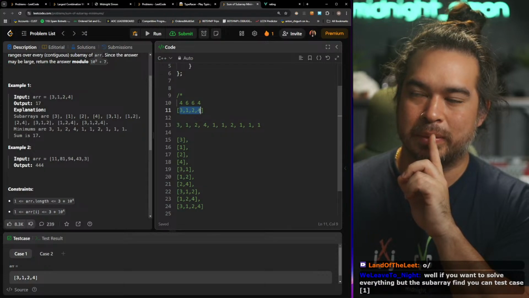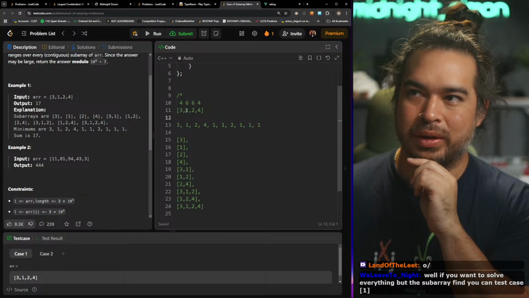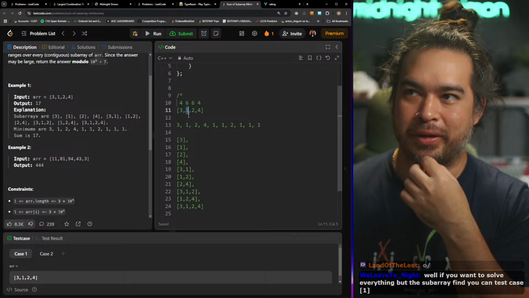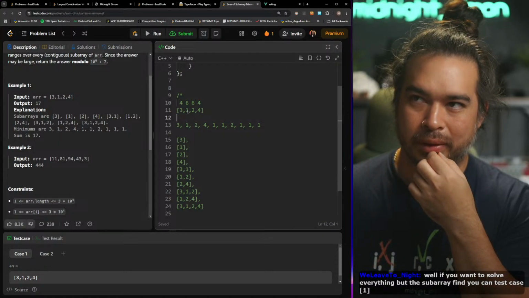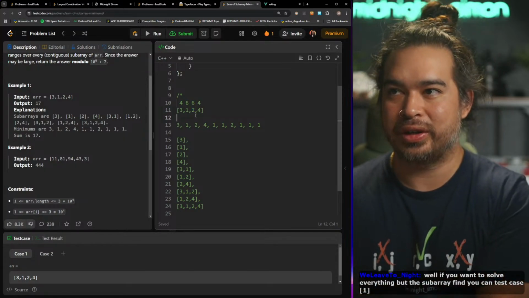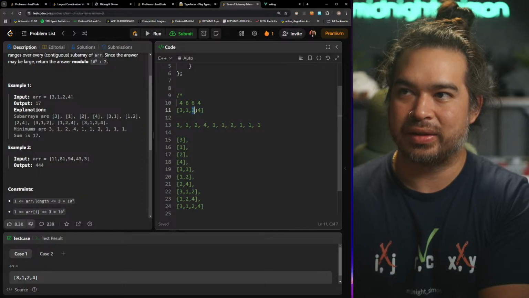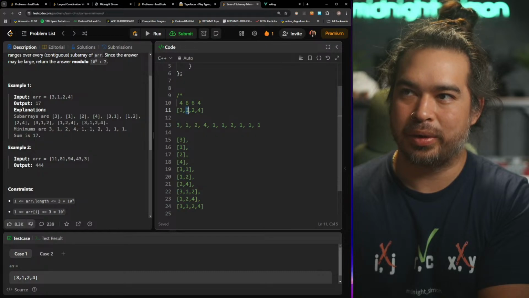1, so it could do a maximum of 4, but it only does 1. And then 1 contributes 6 times. But I only know that because it's the absolute minimum of the array. And all right, 2. Let's try and figure out how many times 2 is. 2 would be itself and I guess this one, but not anything with the 1 in it, because the 1 will always be smaller. So only